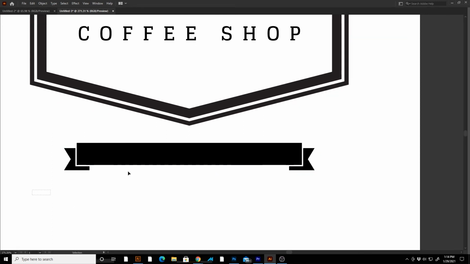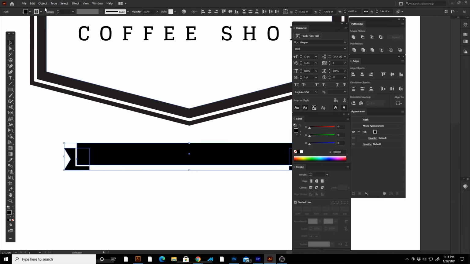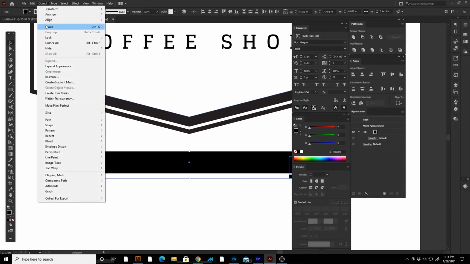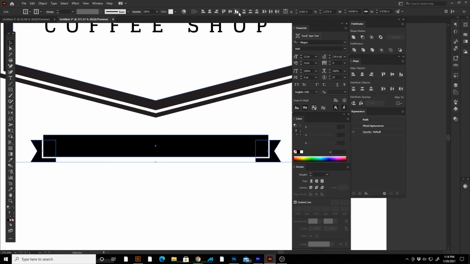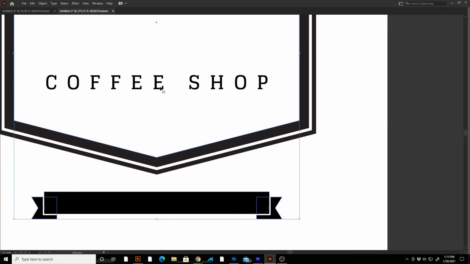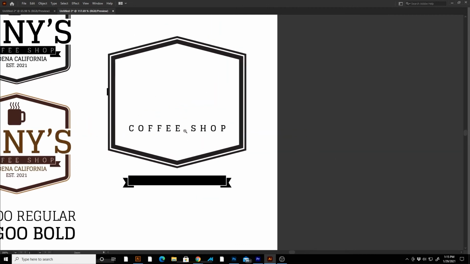All right, so now I can select all of this and group these objects. Now, the reason I want to group these objects is if I don't and I center everything, then it's just going to move these objects that we made on the edges right to the center. So if I group it, now this all acts as one group. Okay, so now what we need to do here